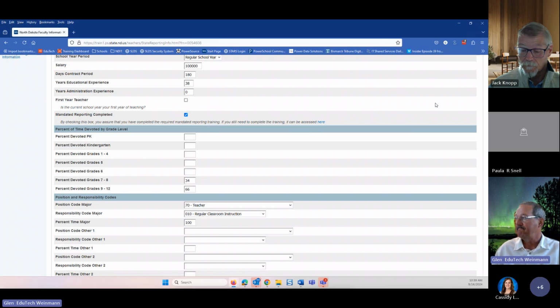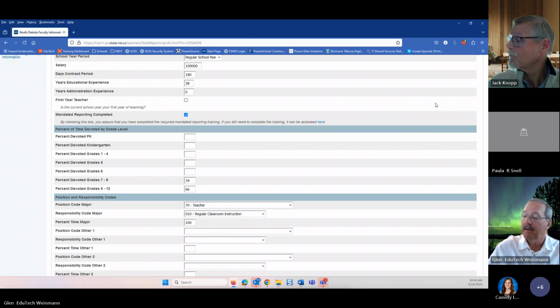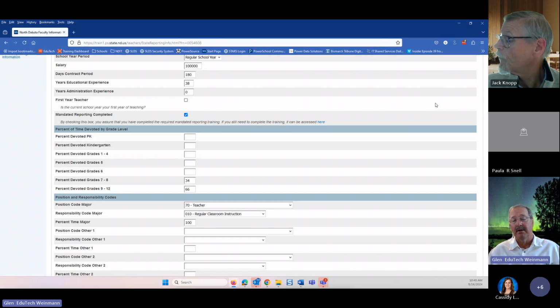But let's say I got 1.5 years, I would think you'd put 2 because you don't put fractions in here for us. That'd be a good question that I will ask DPI on. I can tell you that they are working on that right now as far as what are we collecting here? Because the bigger question, I was going to talk about this a little bit later on, but I'll get into it now, is